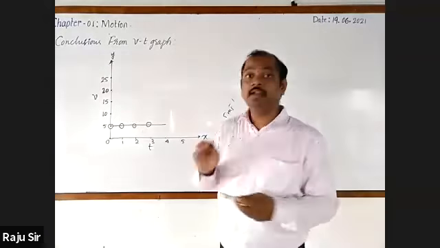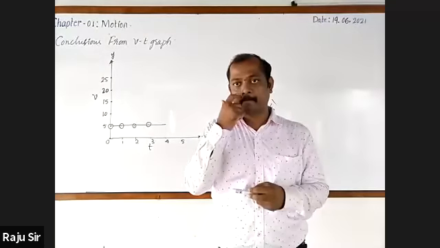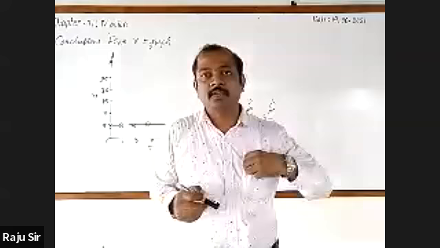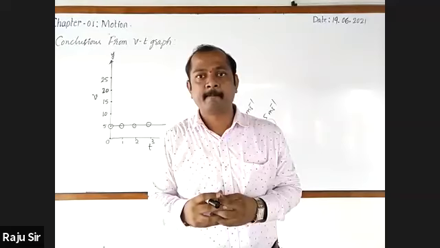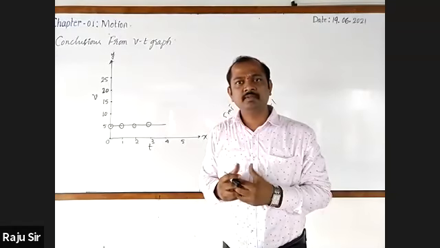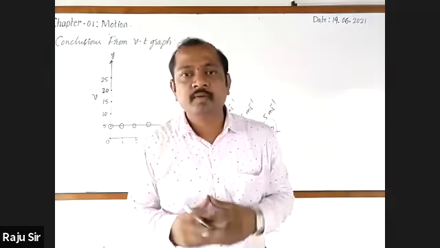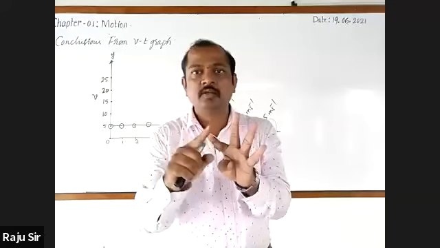What does this straight line indicate? The body is moving in a constant speed. Somebody is telling. Shamita? It indicates the body is at rest and it is moving with a constant speed. Which is correct? Rest or moving with a constant speed? Rest.